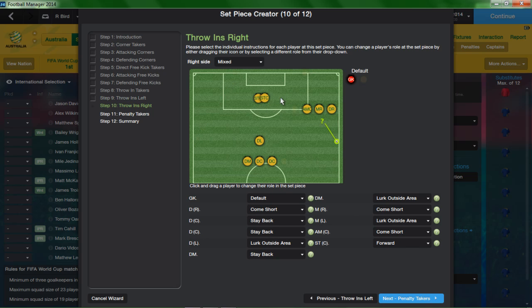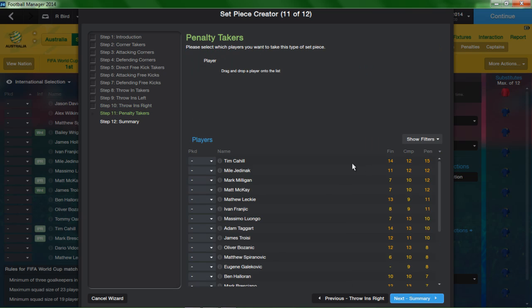Let's get on the other side. I'm actually going to drop the striker into here though. And then Timmy will be in there. And a long throw. Obviously, it's a bit of a risk, but yeah. Let's have Tim, Jelinek. The thing with penalties too, I like looking at is the composure, which Massimo Luongo, obviously, and even Taggart. I mean, sure it's 10 penalties, but composure, they can do it in front, right? So that's pretty good.